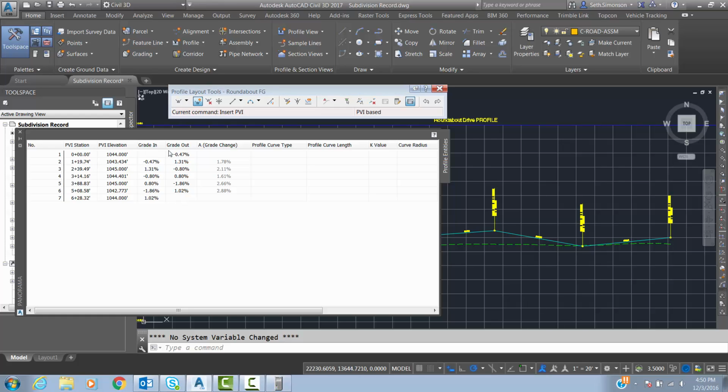So starting at my 0 station, just kind of like I did before, 0 is going to be a high point, so I'm going to grade out at -1%. So that's going to be going down. I get to my low point, and then I need to grade out from that up at a +1. So again, I'm going back and forth, -1, +1, until I get to the end,